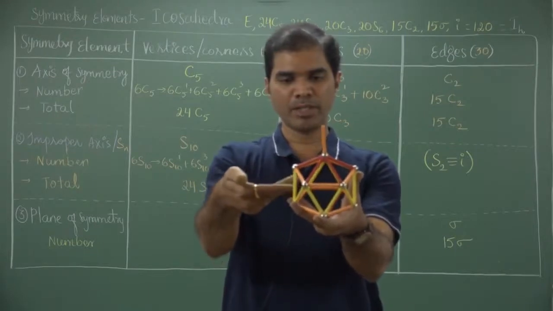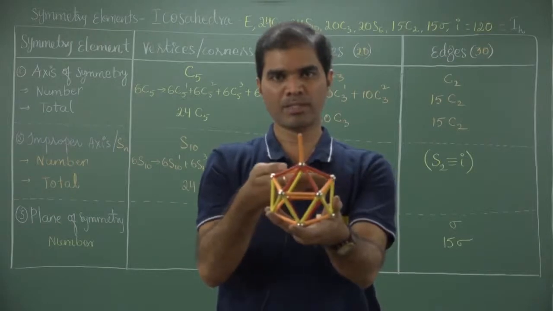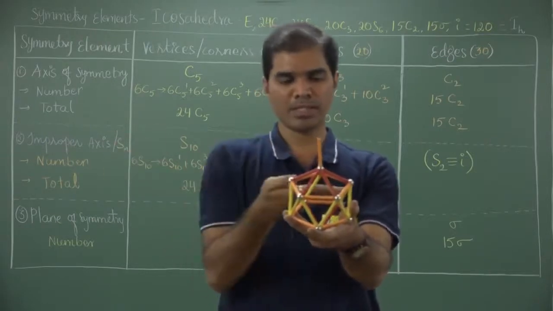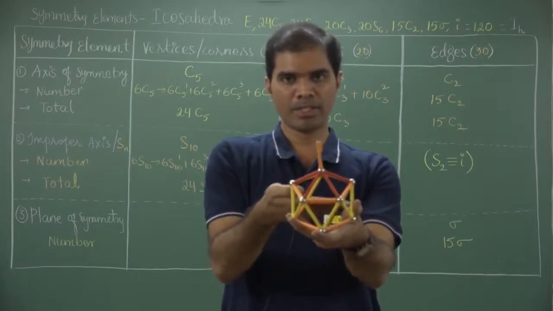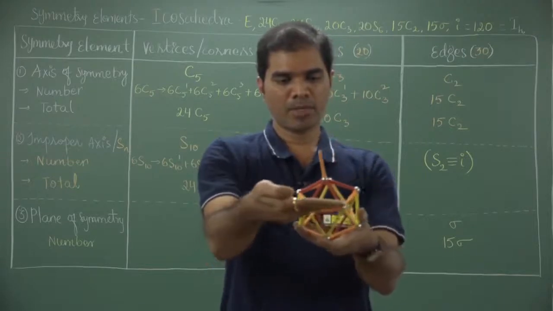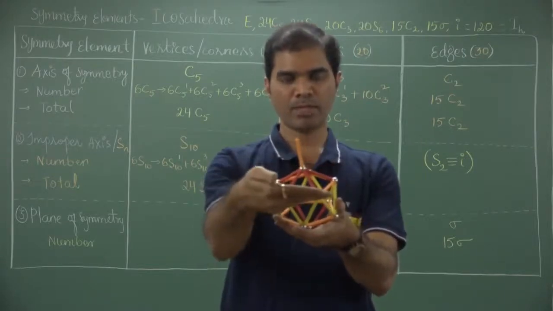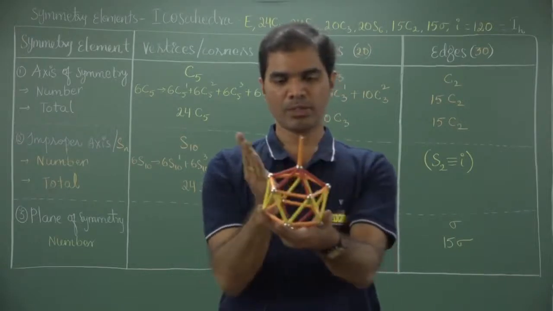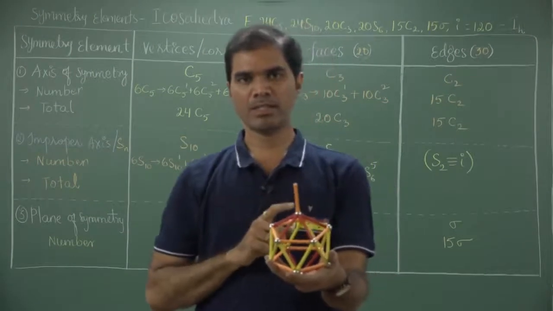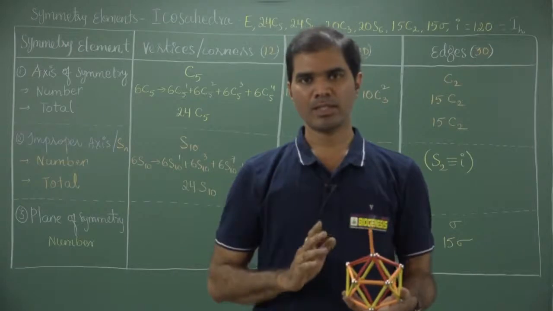In between it is going through the center of the opposite edges, but it will not pass through the other edges. Only 2 edges will be covered. It is just passing through only a pair of edges. If I pass this plane, you just check orange, and it is coming out completely from the orange. So if I choose one pair of edges, one plane is being passed. If I choose another pair, one more plane will be passed. Since there are 30 edges in 15 pairs, from each pair one plane will be passing. Altogether there are 15 planes.